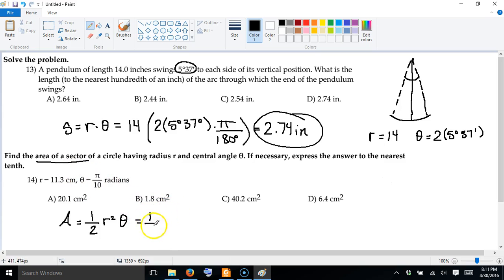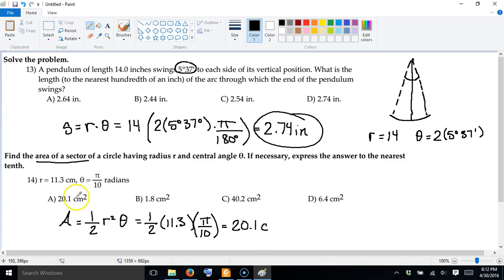The r is 11.3, and your theta, which is in radians, if it's not, just remember, multiply by pi over 180, and plug that into your calculator, and your answer is about 20.1. And since this is area,